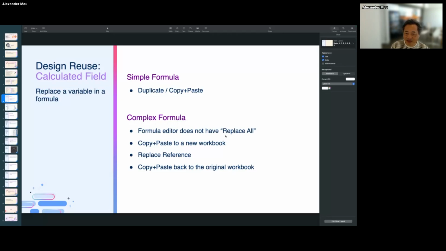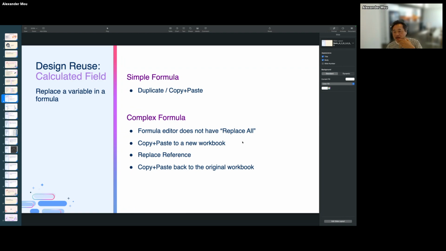So when we cannot do this, we can copy and paste into a new workbook, replace the reference there, and then copy and paste back into the original workbook. So that's the trick for replace all, because in a complex formula, for example, sales is being used many times within the formula.